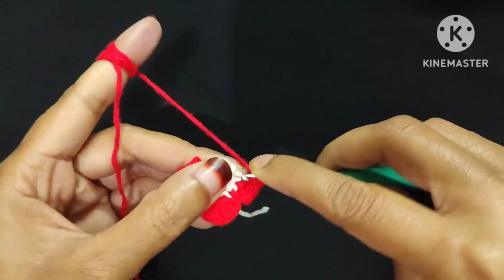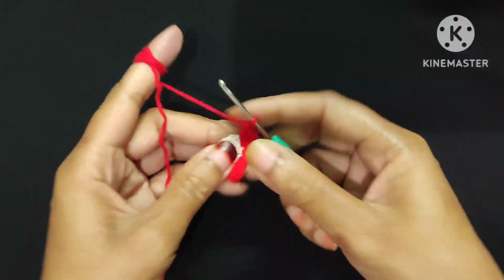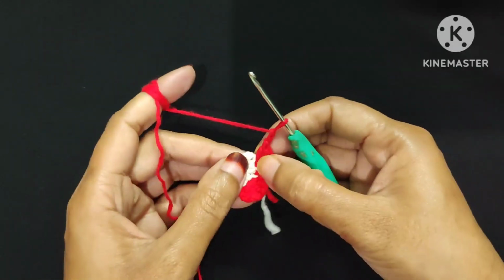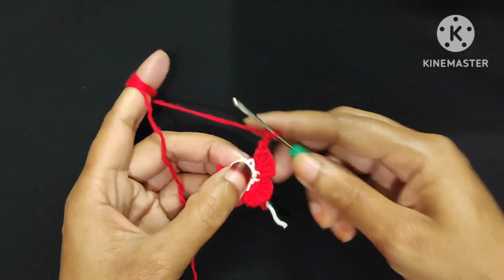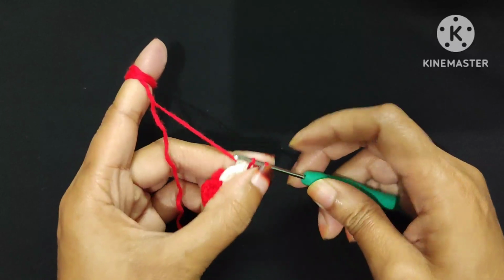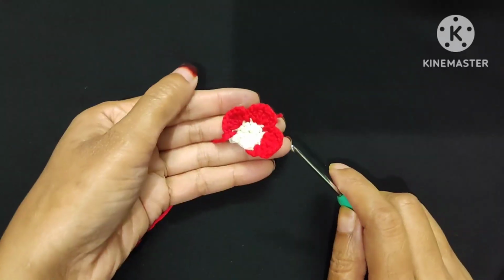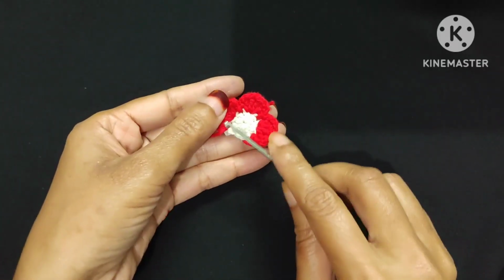1 and 2 double crochet. Now chain 2, 1, 2 chain stitch, and now I will make one slip stitch into the top of the next double crochet. Slip stitch is done. In the beginning of the second round, at first I join this red yarn into the